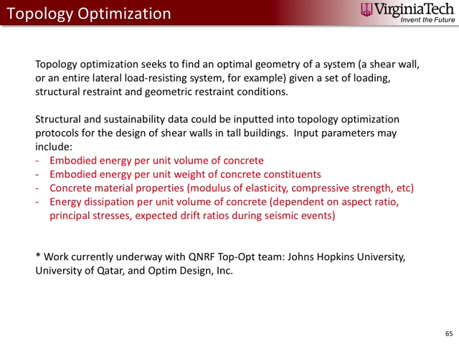This result can potentially be improved through topology optimization. A topology optimization seeks to find an optimal geometry of a member given a set of loading and restraint conditions, and also geometric restraints, like we can only put material in these certain areas. Structural and sustainability data from this study can be input into the topology optimization protocol for the design of shear walls in tall buildings. Some of the parameters that could come from this and be inputted into topology optimization protocols include embodied energy per unit volume of concrete,